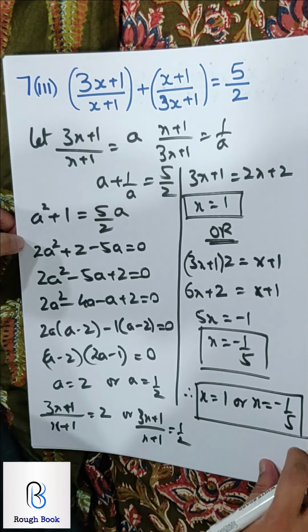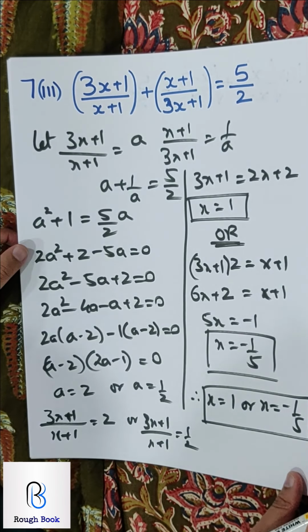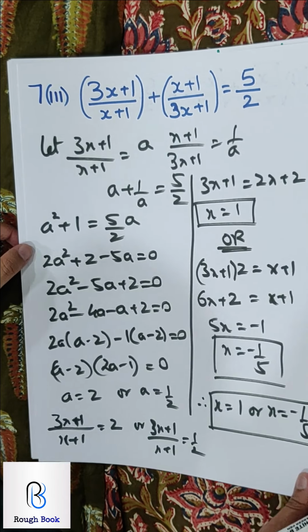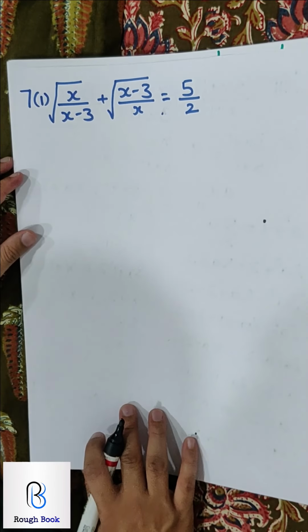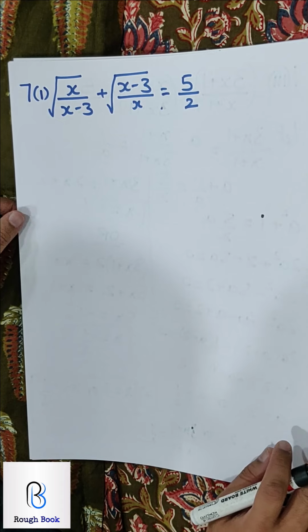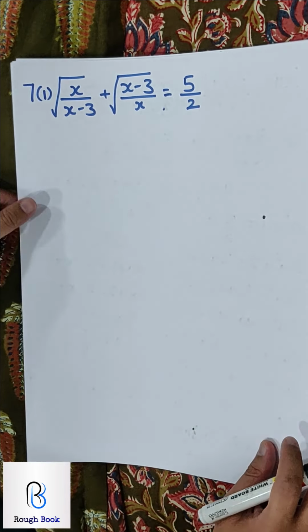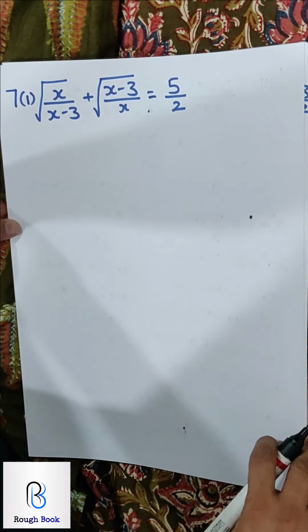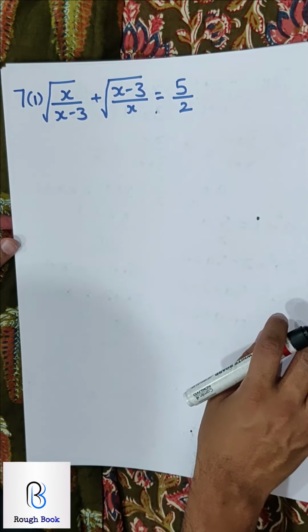Exercise 7, part 1 and 2 are the same types, so you can definitely work on that as well. Let's go to 7 part 1 now. I took this later on because this is with the root, so slightly confusing. Let's see if you can tackle this one now. Same logic. Come on, hit it.